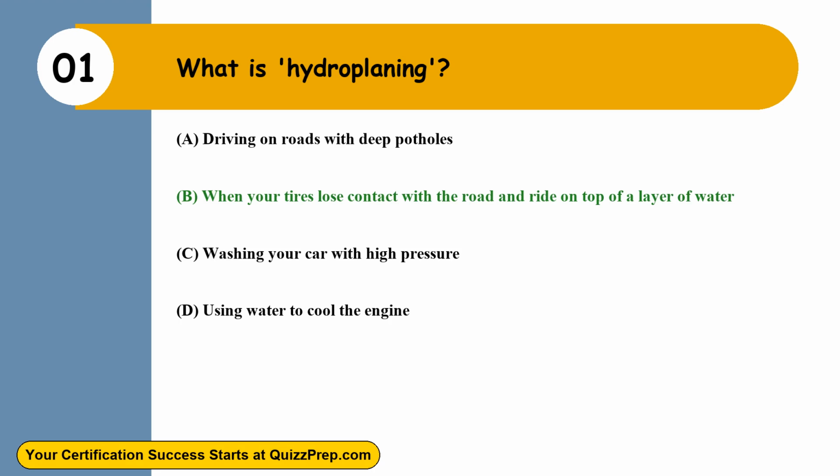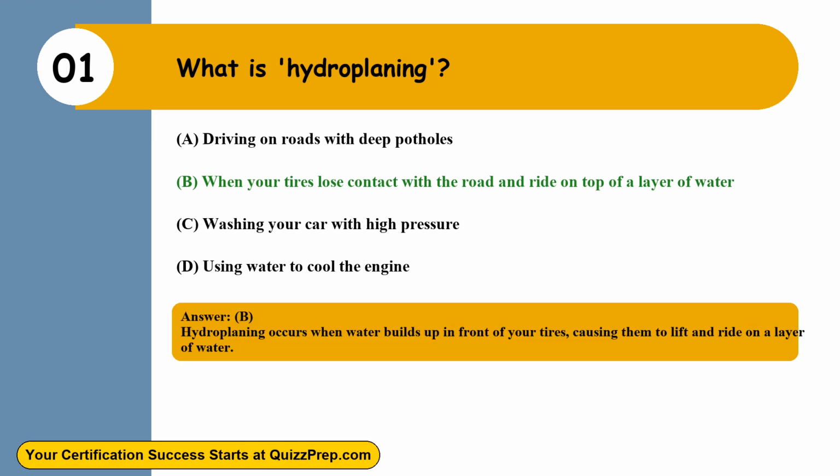The correct answer is option B. When your tires lose contact with the road and ride on top of a layer of water. Hydroplaning occurs when water builds up in front of your tires, causing them to lift and ride on a layer